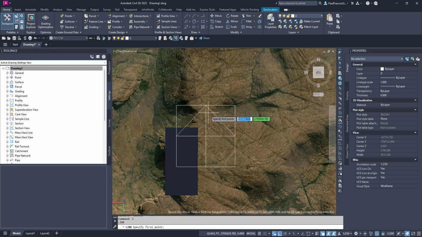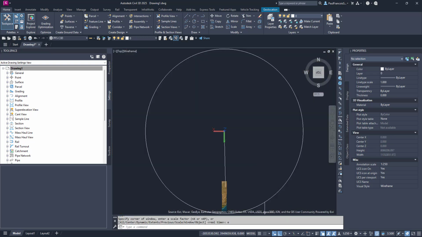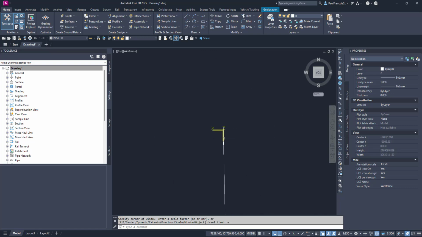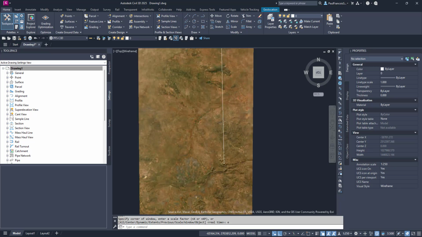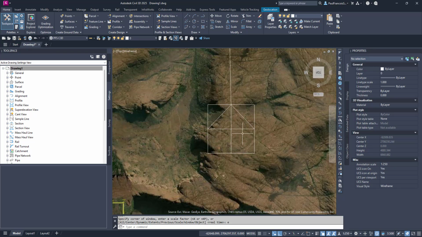The other thing that I do is I draw, just for my own sake, a line from the north point to the origin. Just have to make sure that I'm not drawing in a relative coordinate system, so let's put in hash 0,0 to make sure we're going all the way into the origin. We zoom to extents, then we can see we're pointing all the way to the equator. That's the false northing, but there is our site that we are working on,